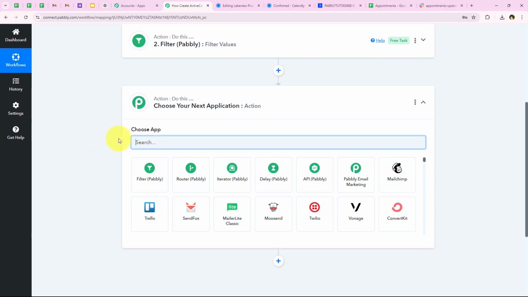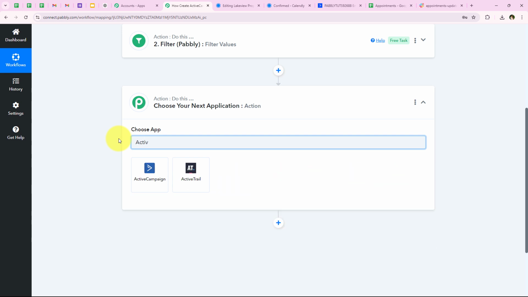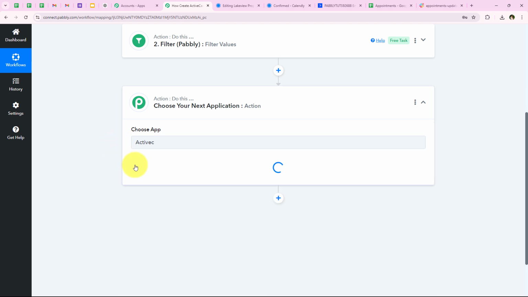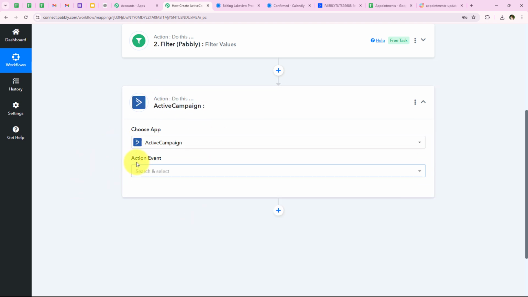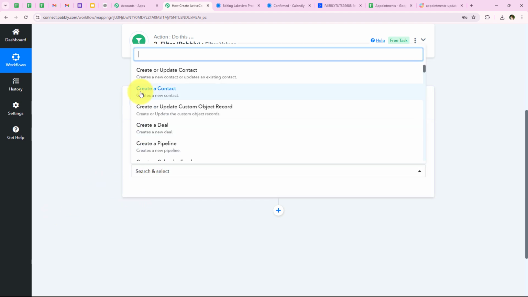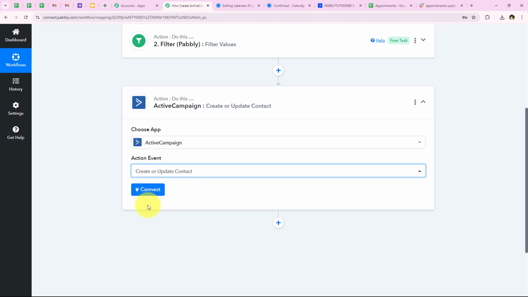So I want to create an ActiveCampaign contact with the same details, and for that I'm going to search the action application as ActiveCampaign. So I'm going to search for it, and as you can see, we are going to select ActiveCampaign right over here. And as soon as we select it, it is asking me for the action event. So I'm going to select the action event as create or update a contact, and then we are going to